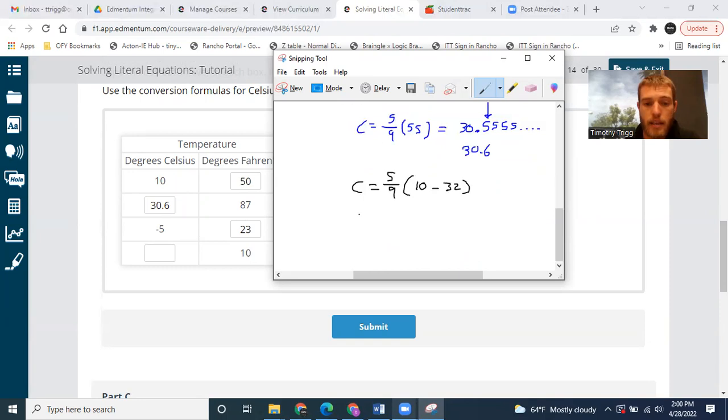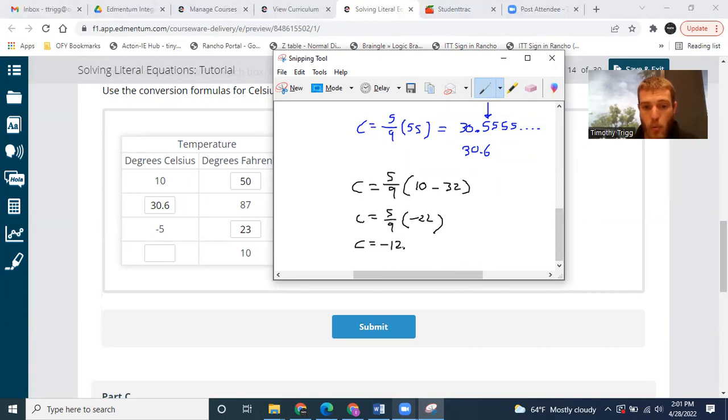Okay. So that's going to give us C equals 5/9. In this parentheses, 10 minus 32 is negative 22. Again, you multiply by the numerator, divide by the denominator. Okay. Negative 22 times 5 divided by 9 gives us